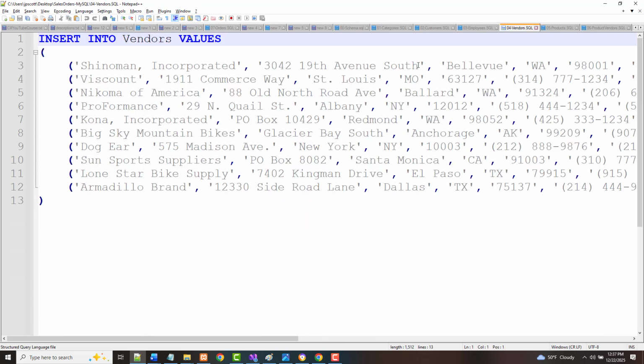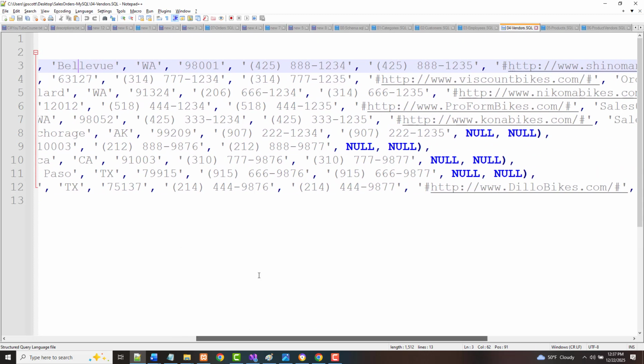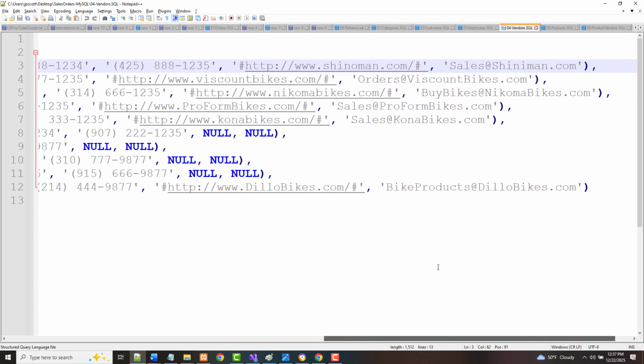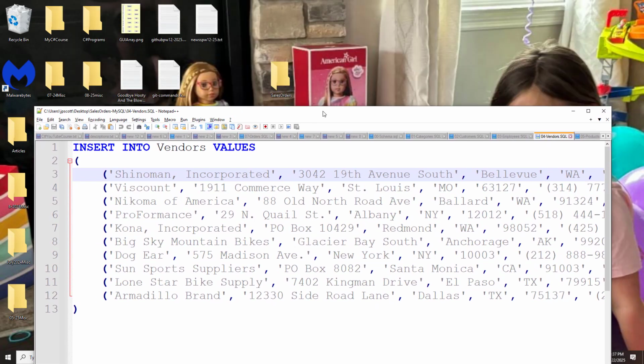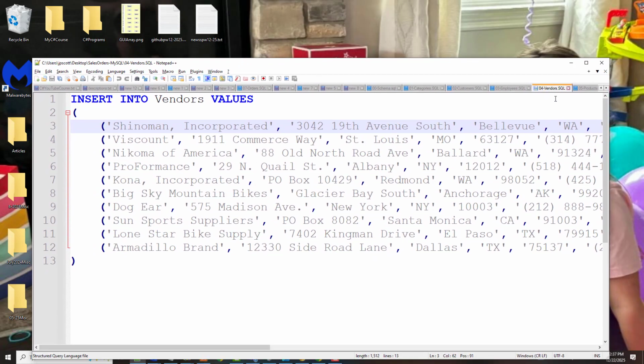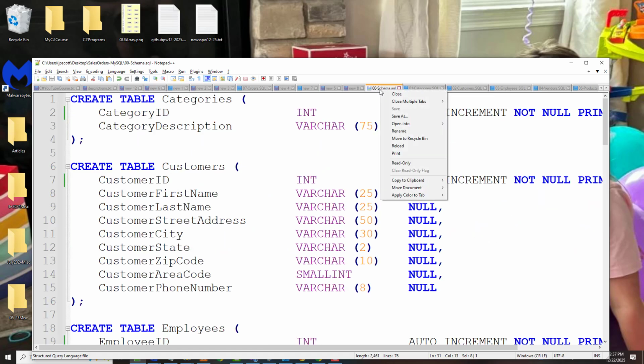One, 2, 3, 4. So Bellevue was 4. 5, 6, 7, 8, 9. 10. Looks like we have 10. Well, that might be, let's see. No, that's one field. Shinomon Incorporated, that's 1. The address is 2. In fact, let's look at it from here. I want to do this. I want to grab the schema, and I want to open up that